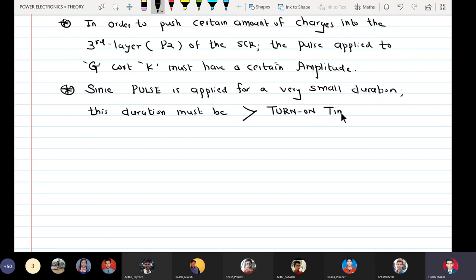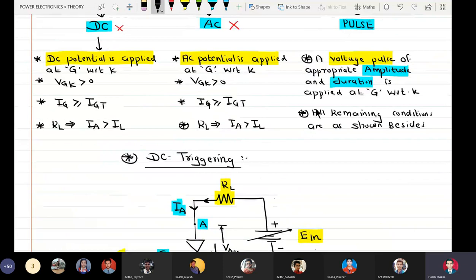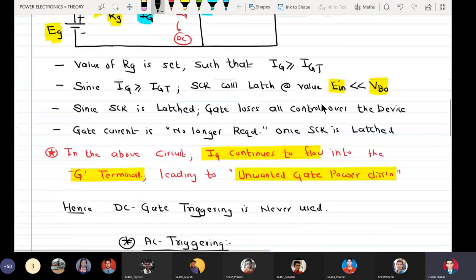That is the reason why I told you that the pulse which is applied to the gate should have an appropriate amplitude and appropriate duration. Why appropriate amplitude? So that sufficient charges are pushed into the layer P2 of the SCR. And why sufficient duration? Because SCR takes some non-zero time to go from the blocking state to the latch state, or to go from off to the on condition.